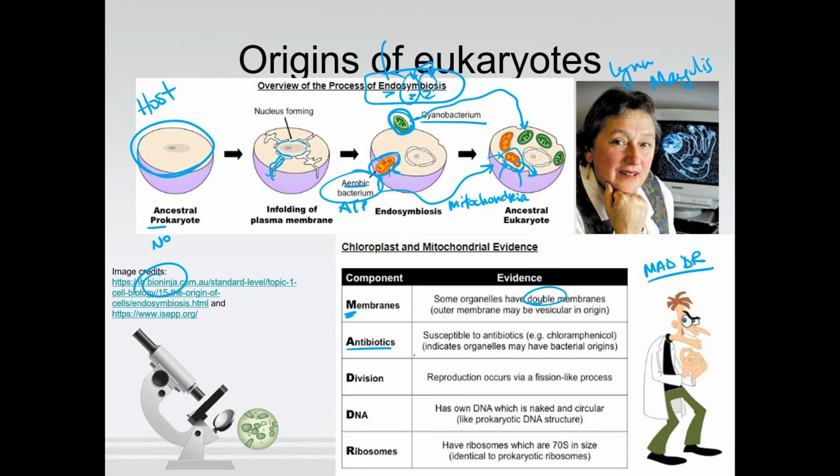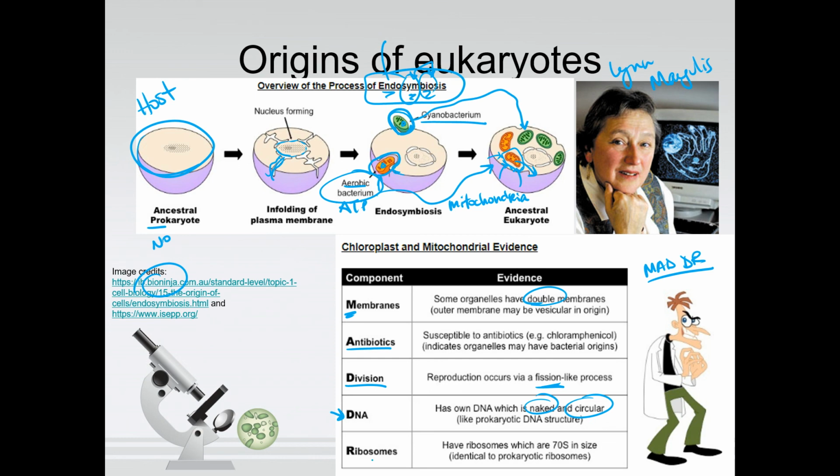Our chloroplasts and mitochondria are susceptible to antibiotics. Only bacteria can be killed by antibiotics, except also mitochondria and chloroplasts can be killed with antibiotics like penicillin. Crazy sauce. They reproduce, mitochondria and chloroplasts reproduce by binary fission, just like bacteria. Mitochondria and chloroplasts have their own DNA. There's like little pieces of DNA in our chloroplasts and our mitochondria. And what's cool is that DNA is naked. It doesn't have any histone proteins, and it's also circular, which is just like bacteria DNA, not like the DNA